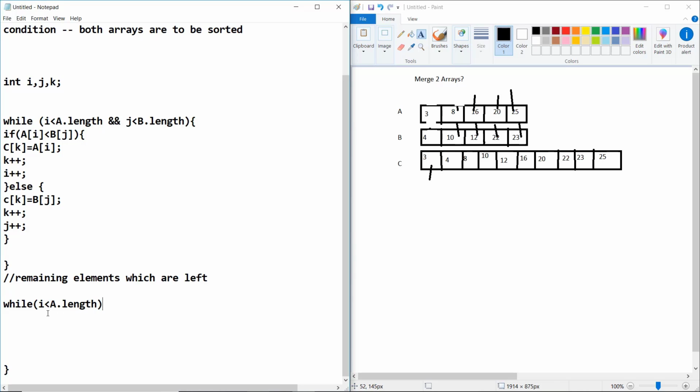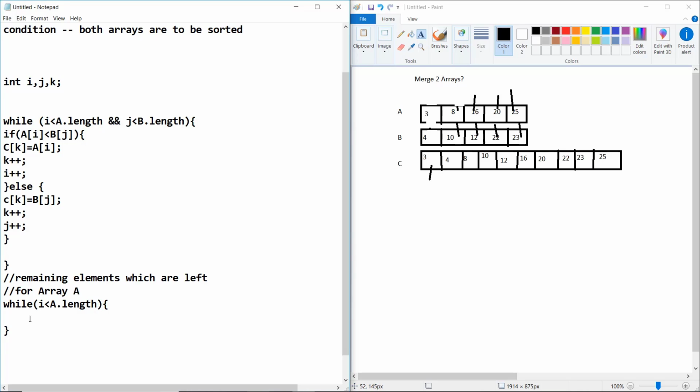this means that the pointer has not reached the end of array A. If the first array has not reached its end, then it must have remaining elements.